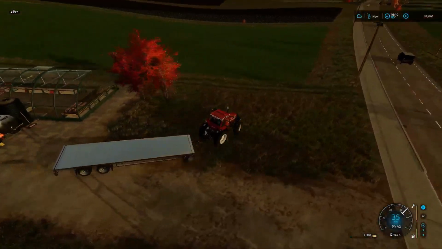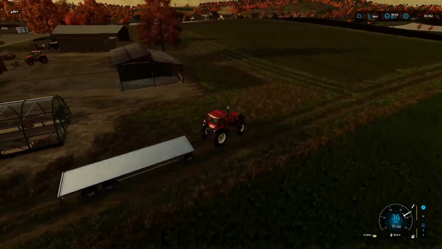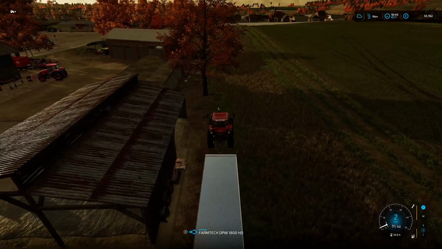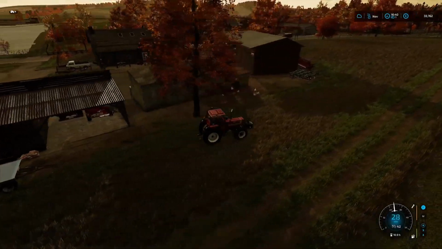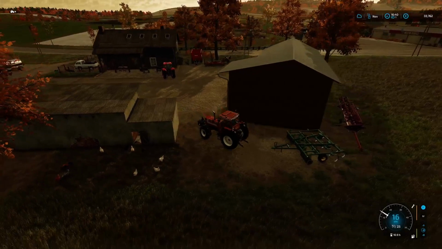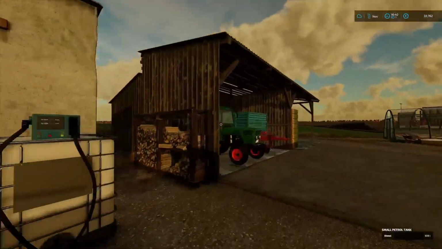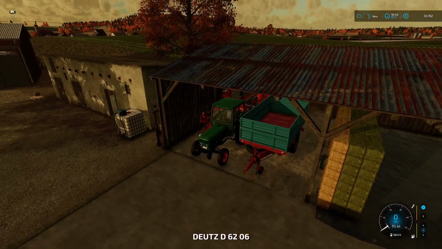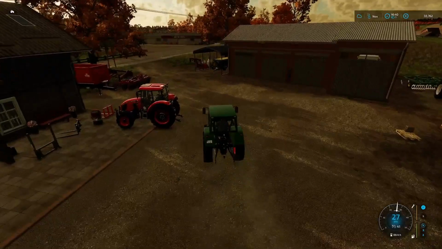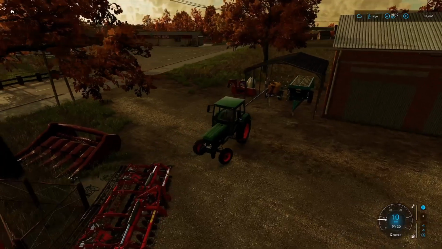Then I'll swing round the back of the greenhouse. We'll get this trailer parked up, and I think what we'll probably do is rest overnight. Could potentially get some fertiliser on that field actually before I rest. Maybe do that. Let's park this up. We'll grab the Deutz-Fahr, the D62, and this is the perfect size for our fertiliser sprayer. Oops! Crashed into our...